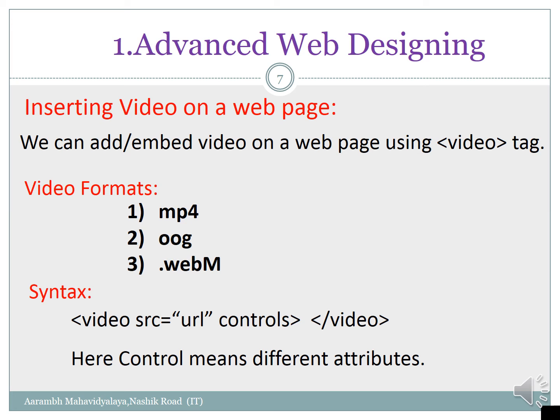Besides these formats, we can use various formats such as MPG, AVI, etc. Now to insert the video on a web page, we use the syntax video source equal to URL, then provide the controls and then end of video. Here controls means the different attributes.